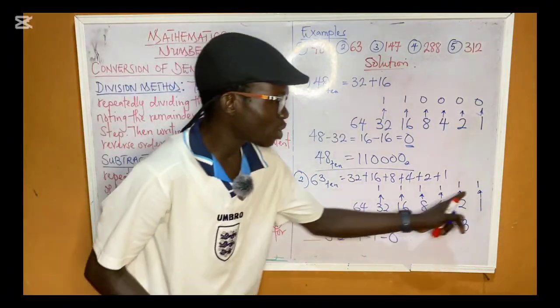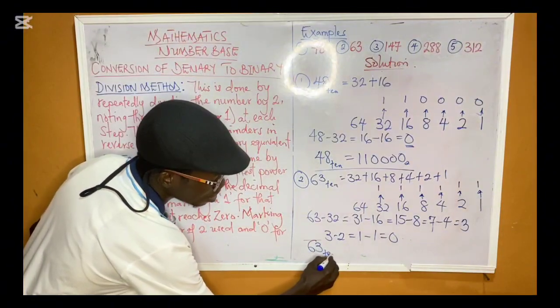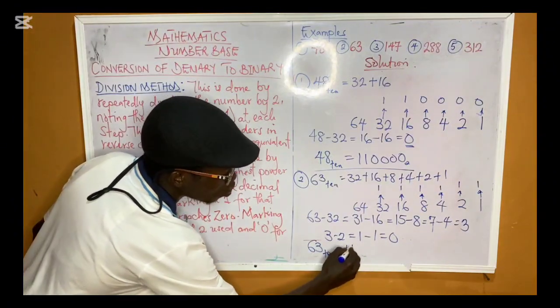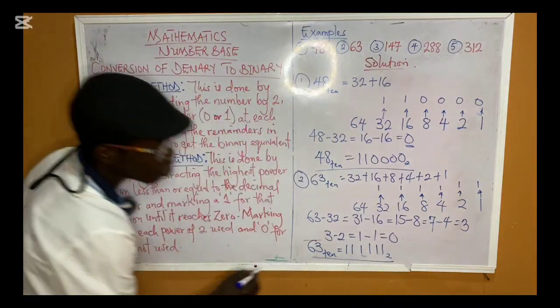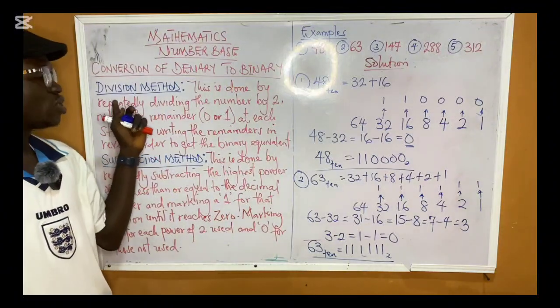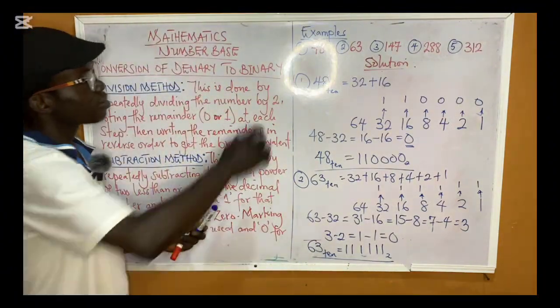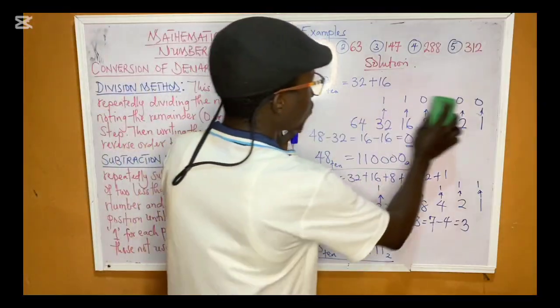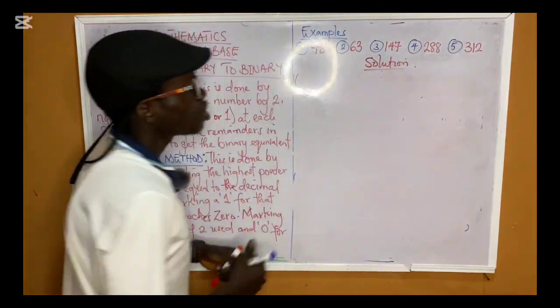We used 1, so we are going to write 1. 63 base 10 equals 1, 1, 1, 1, 1, 1 base 2. So, if you check what we did under division method, you see that we got the same answer. So, let's go to number 3. So, for number 3, we have